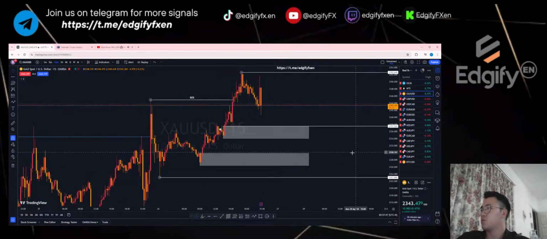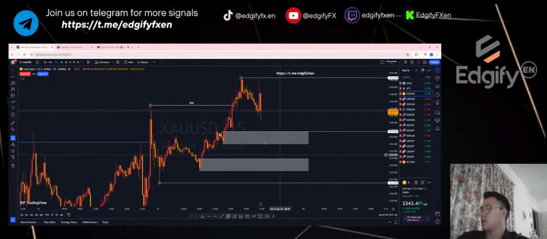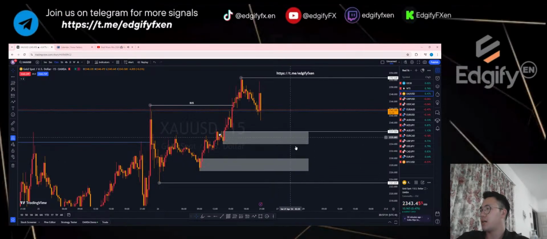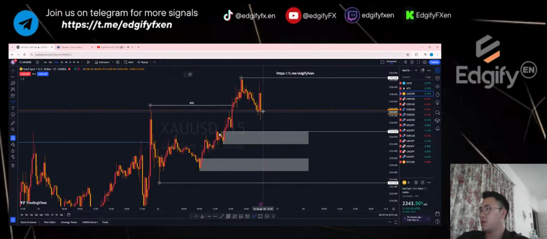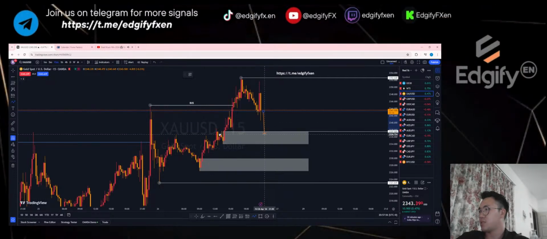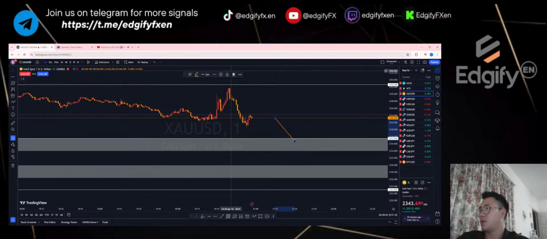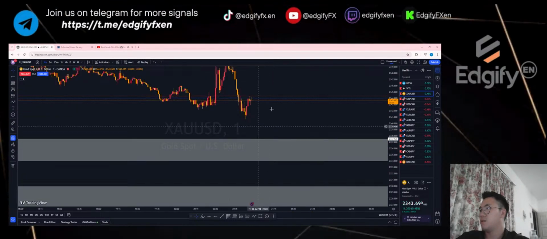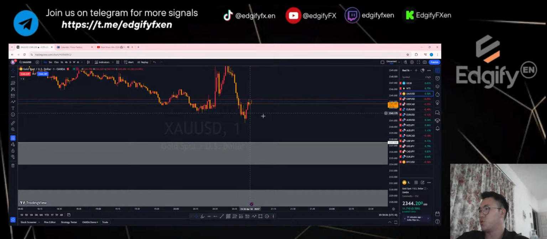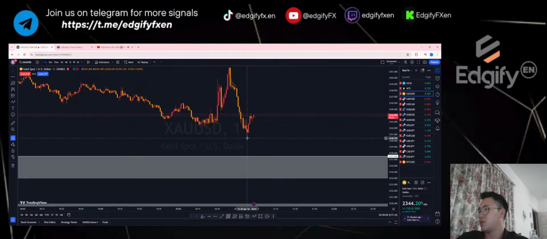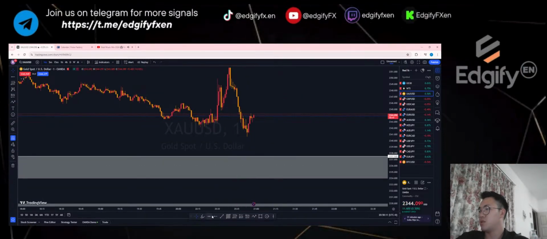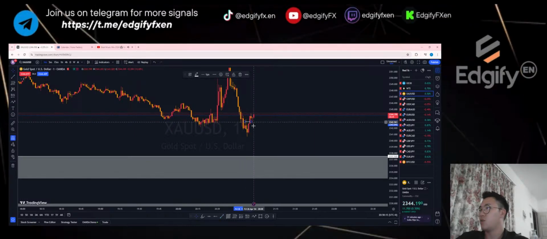Alright, so I'll be ending my live soon. Like I said for gold, you guys just keep an eye here. As usual, as soon as this price taps this level, instantly you hop into the 1 minute. So for example, this is where our zone is. We have a tap in, and this is the low. The last bullish candle is here, so you can use it as an aggressive entry here.